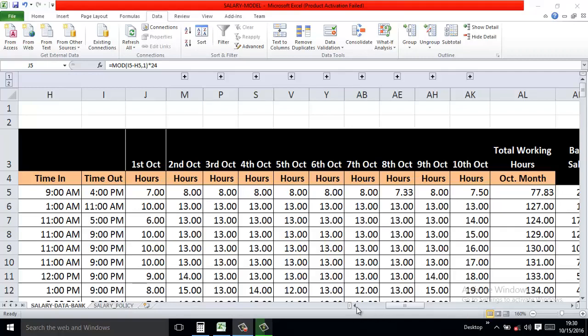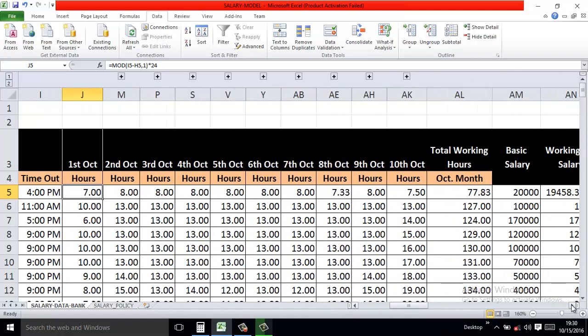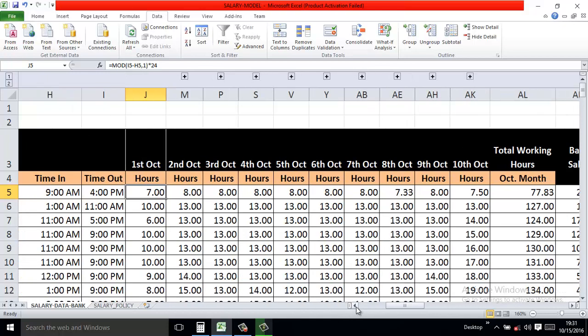Tutorial of salary model management. In the last two tutorials, we discussed the basic calculations for the salary model management system. But in today's tutorial, we are considering that we have to calculate salary on the basis of time in and time